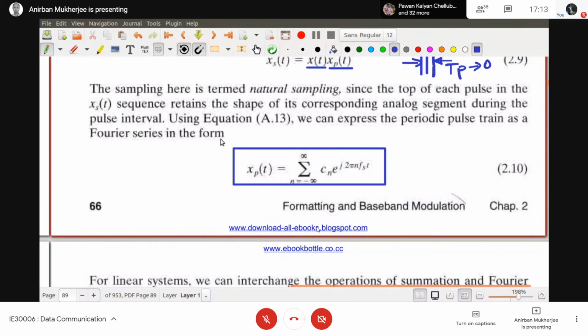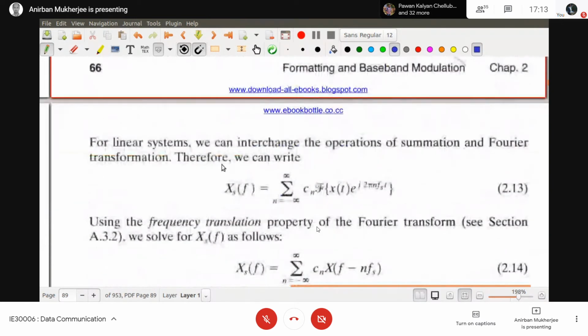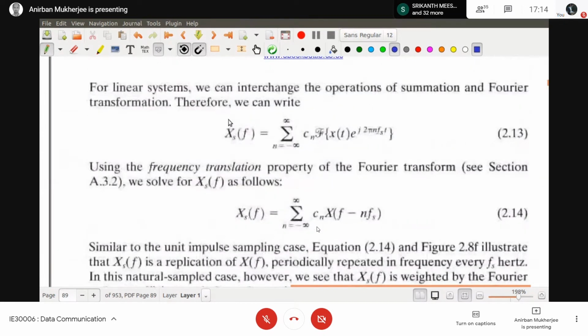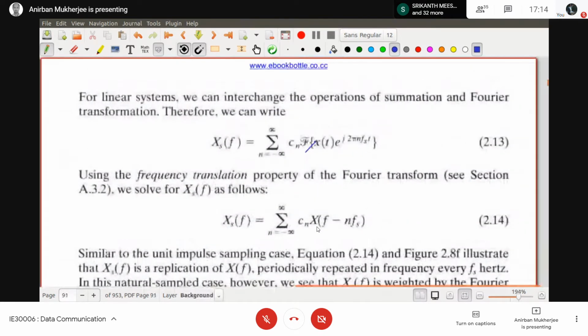Now if I have X_s(f), the sampled spectra, it means actually I am multiplying the signals. So x_s(t) equals x(t) times x_p(t). You multiply here x(t), and finally when you take X_s(f), the Fourier transform,